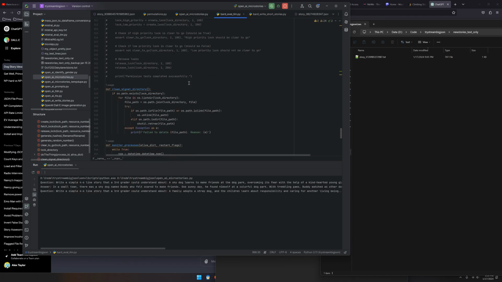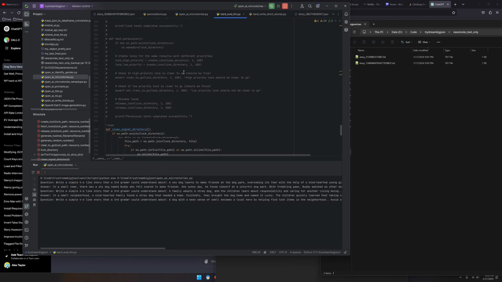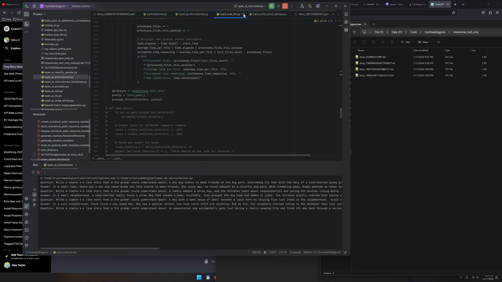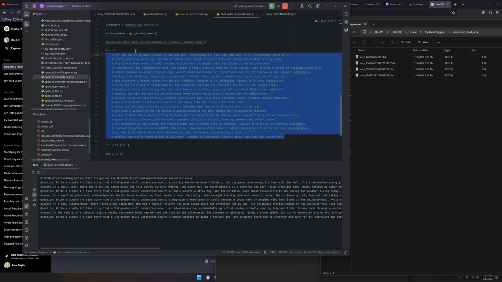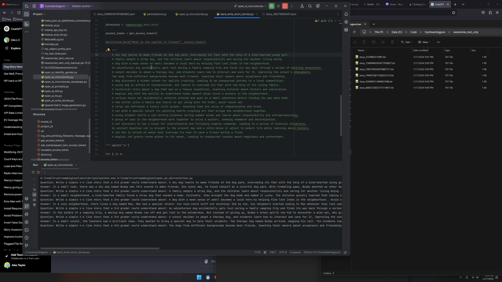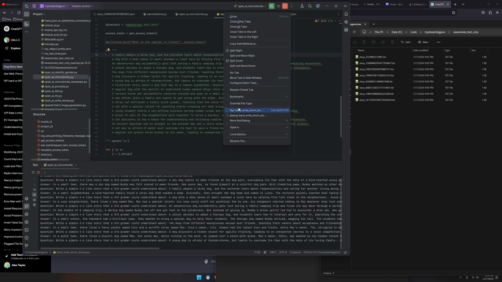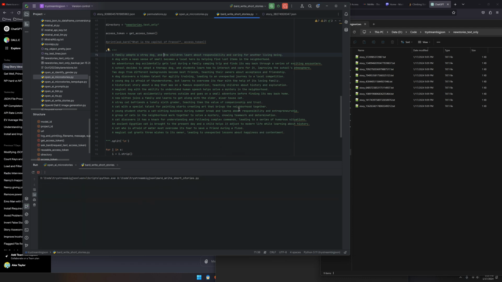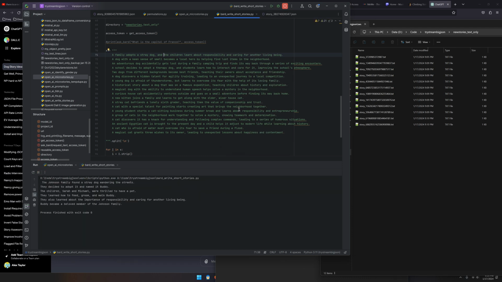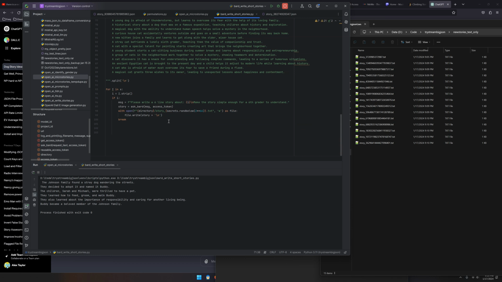And then I want to come here. That's not what I want. So Bard makes friends at the dog park. We'll get rid of that one because it's deterministic. It's going to give us the same thing again, and then we can run this. This should generate some stories for us. I think that there were 20, and I'm running 2 different things, so that should give us 40, I guess. The Johnson family found a stray.